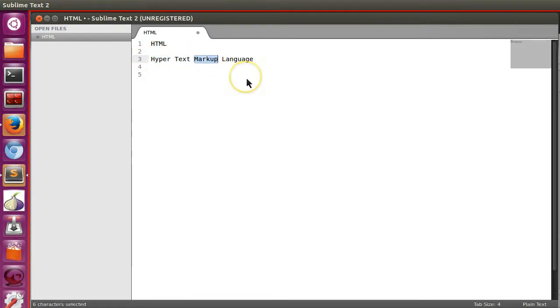Next is markup. Sometimes we read some paper, and suppose we find a good point, then we mark it using a marker, some green or yellow pen, so that we can differentiate that word or sentence from the others. That's called marking up. So from that we got markup. Like that we can add some markup in the hypertext, so that is hypertext markup.